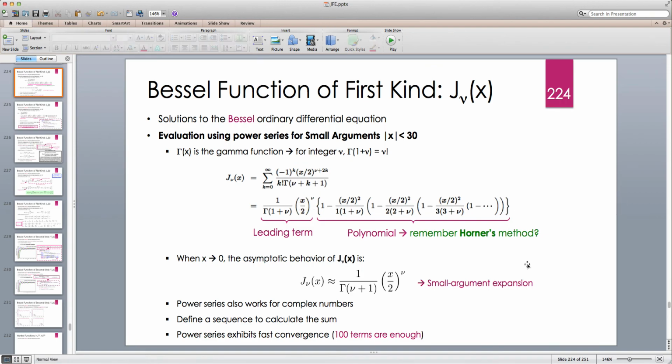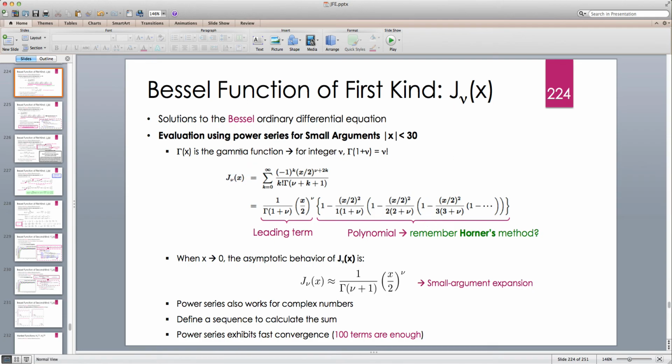We said that instead of mindlessly calculating each term and then adding them up, we reorganize the series in a very clever way, and then we end up with a lead term that we need to calculate only once. The rest only depend on the fact that (x over 2) squared is common between all terms, so we calculate it only once, and then we end up with some terms that have the format of 1 over k times (k plus nu), and we have to calculate them each time. So it reduced the